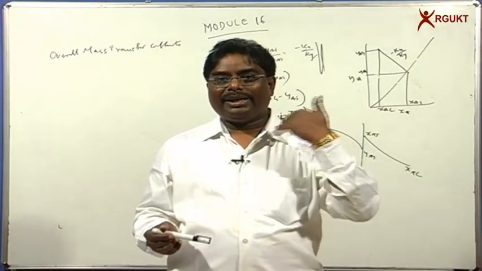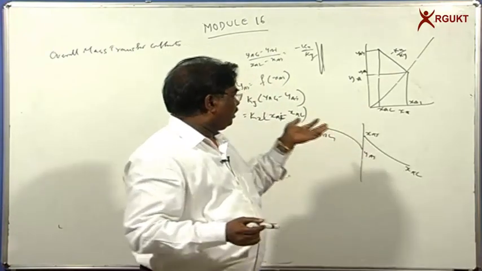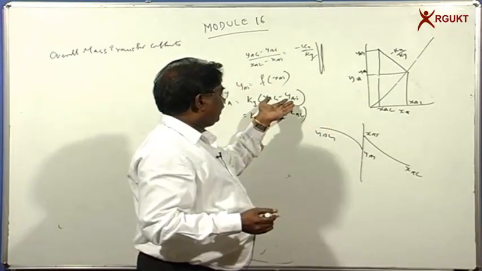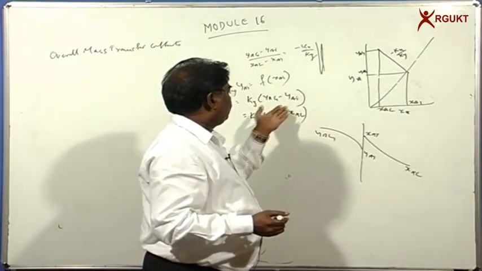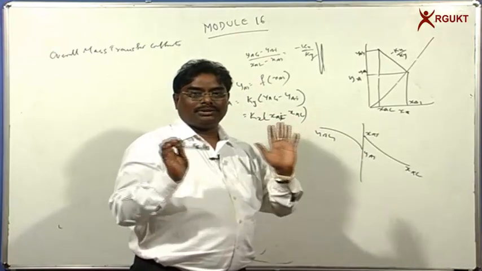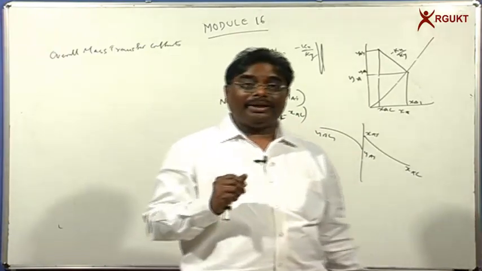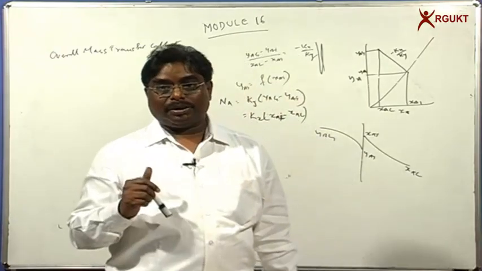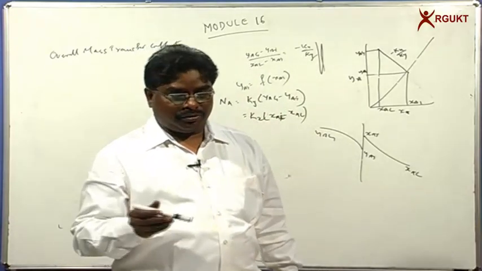So when we cannot get the fluid at the interface, whatever the concentration, those concentrations cannot be equal to your YAI and XAI. So we cannot estimate the flux. This is what I want to tell you. This is our beginning to talk about the overall mass transfer coefficient, and this is similar to your